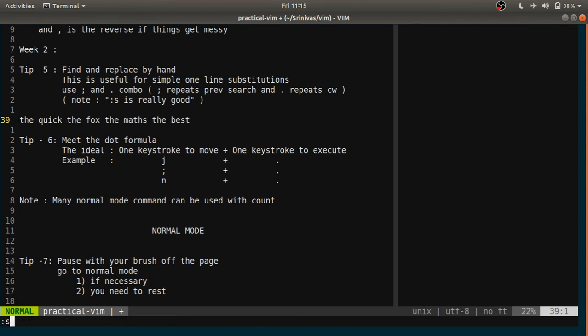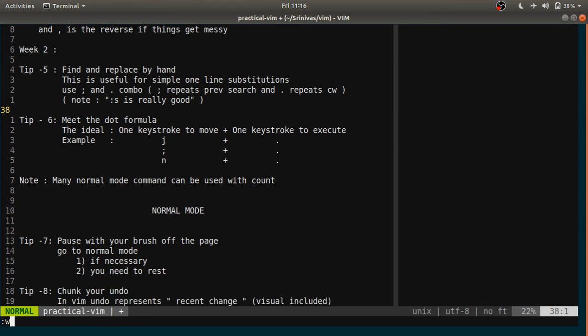We can use the :s command. We can change the word "the" to "a" globally, and we need a choice because we don't want to change this "the". Yes, we want to change that. Yes, no, yes. Well, but I think you guys can use anything that you guys are comfortable in. You guys can either use the semicolon dot combo or :s.